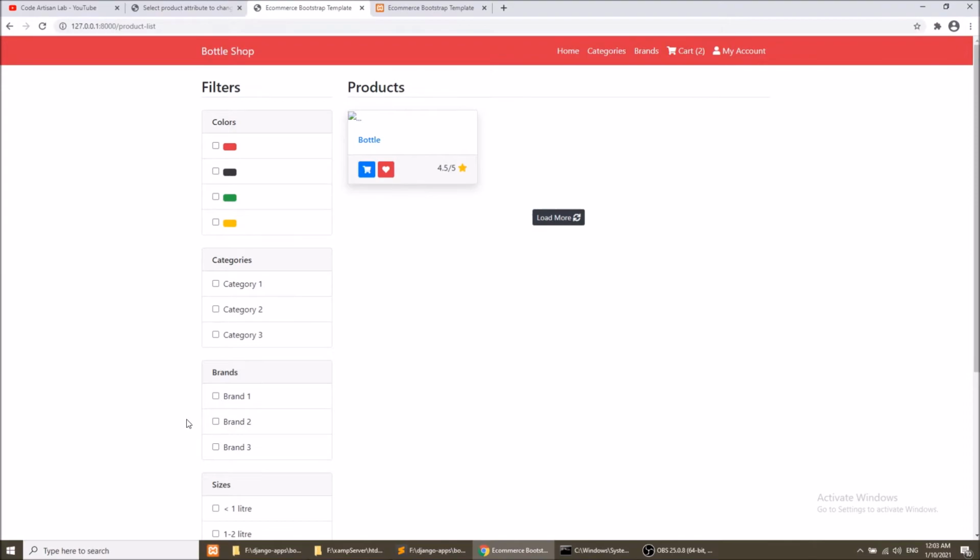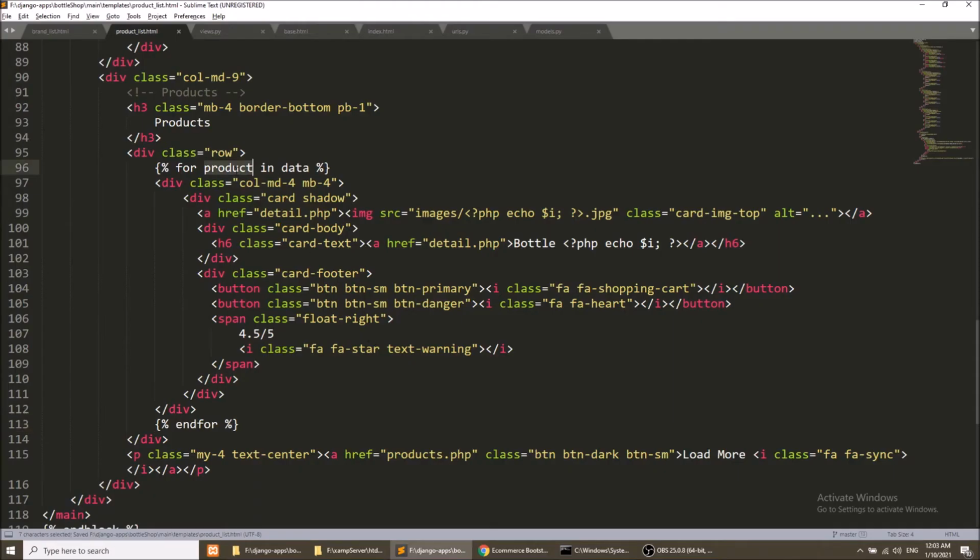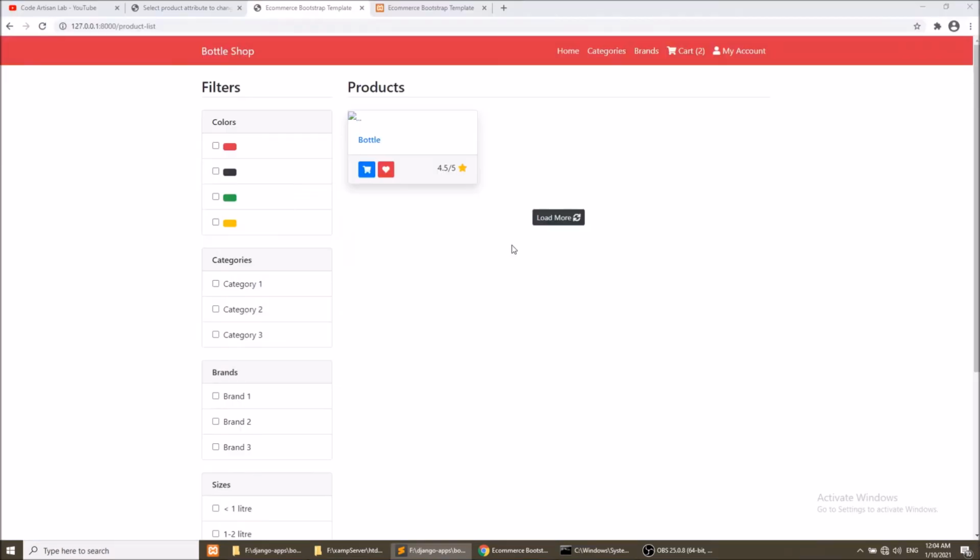Okay, now let's see. So we have a product dot title. Refresh this. So we have a product one. We will complete this step by step, but before running this, add to cart, wish list and fetching, we will do all the things step by step, so that you can understand properly.